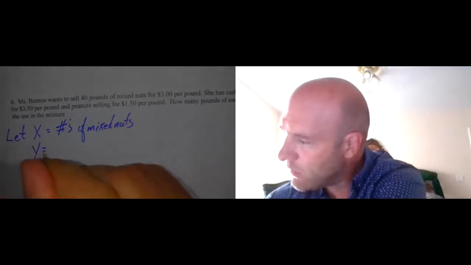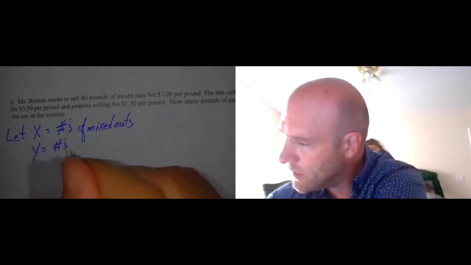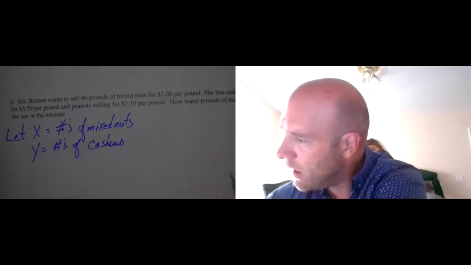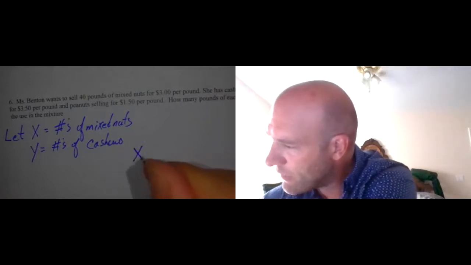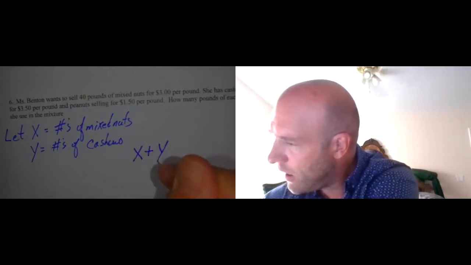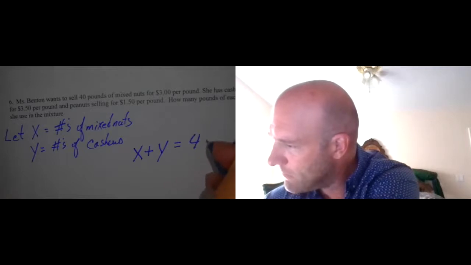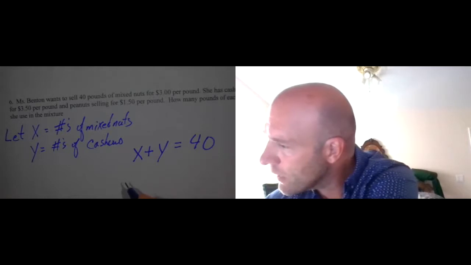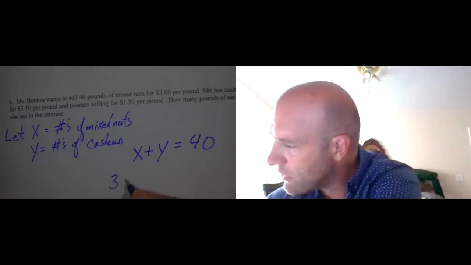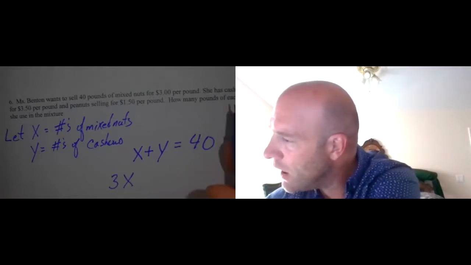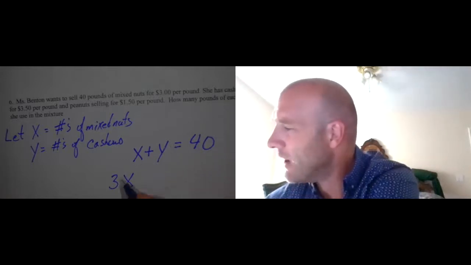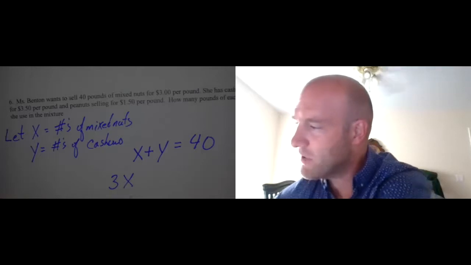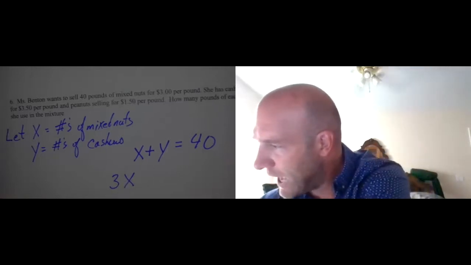And y equals my pounds of cashews. So I know that all together, I'm going to end up with 40 pounds of this stuff. The mixed nuts cost $3. So if I take $3 and multiply it by my number of mixed nuts, it tells me the price of those. She has cashews for selling